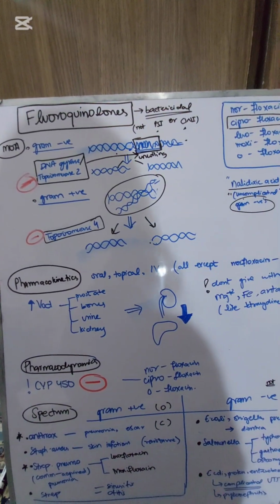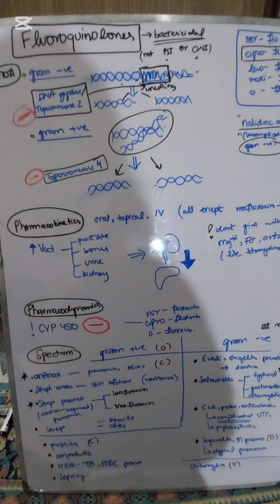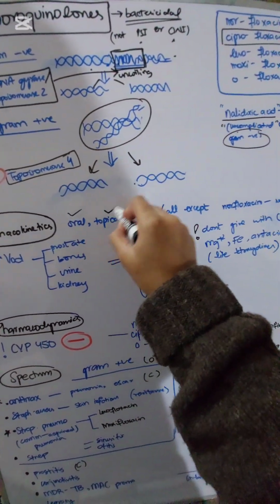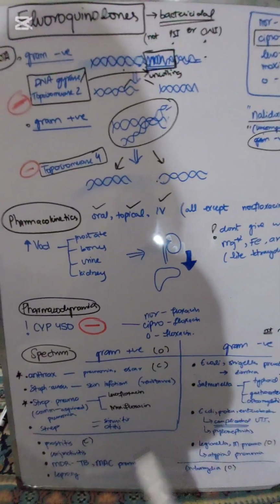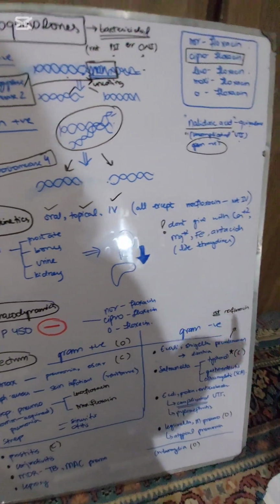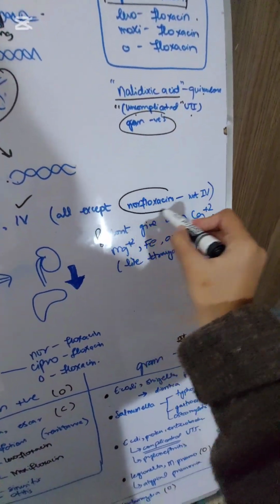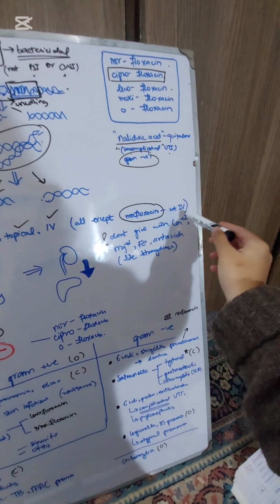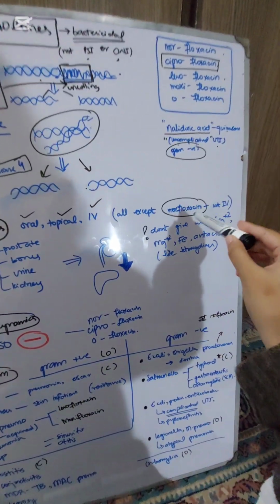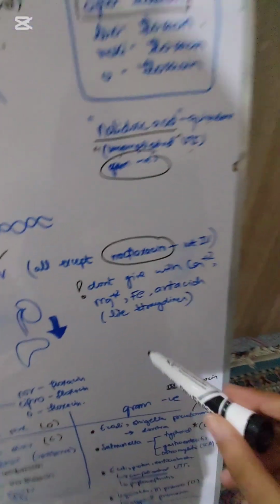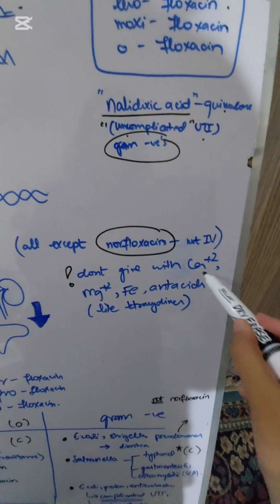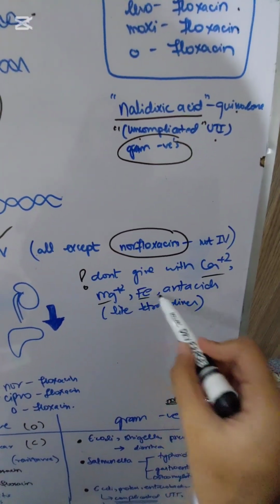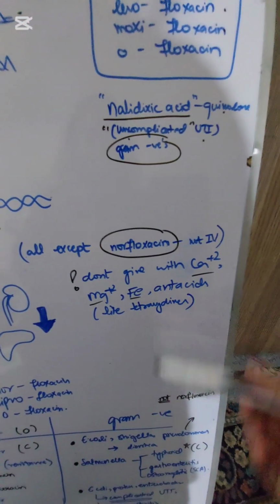Next, coming to its pharmacokinetics, not that important, but you can give it orally, topically or IV, which means you can use it for a bunch of stuff. But there is an exception: this is true for all the floxacins except norfloxacin, which you cannot give IV. You can only give it topically or orally. And when you give it orally, you should never give it with calcium, magnesium, iron, or any other antacids with positive or negative